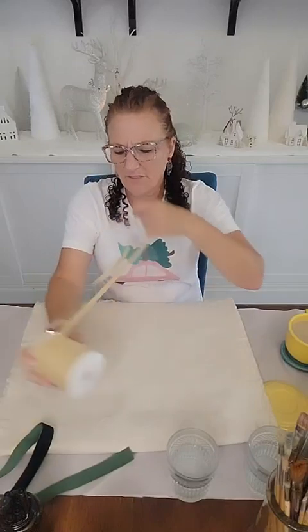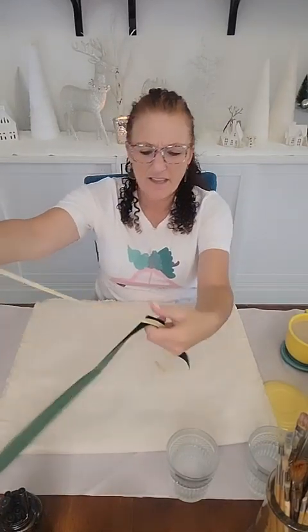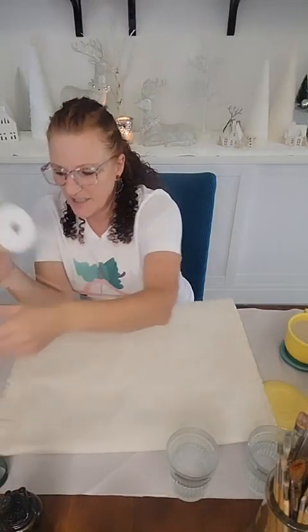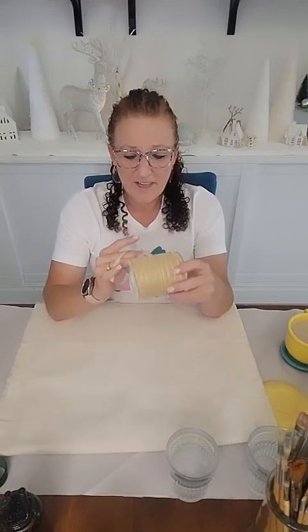That and a taupey color, or more of a goldish color. The two of those together, I think, is just stunning. And that is what a lot of my decor is this year. Now, another thing that I'm doing this year, and I have a lot of time in the evening when I take my shower and then I'm just chilling in my jammies,